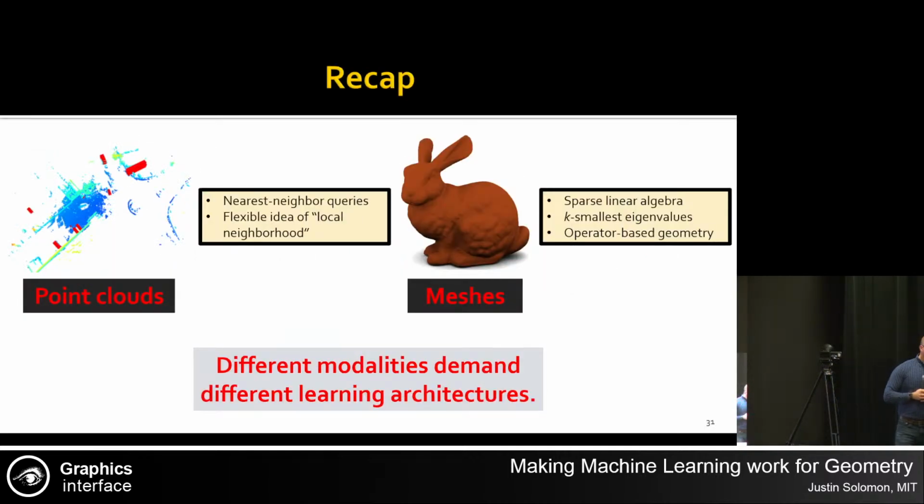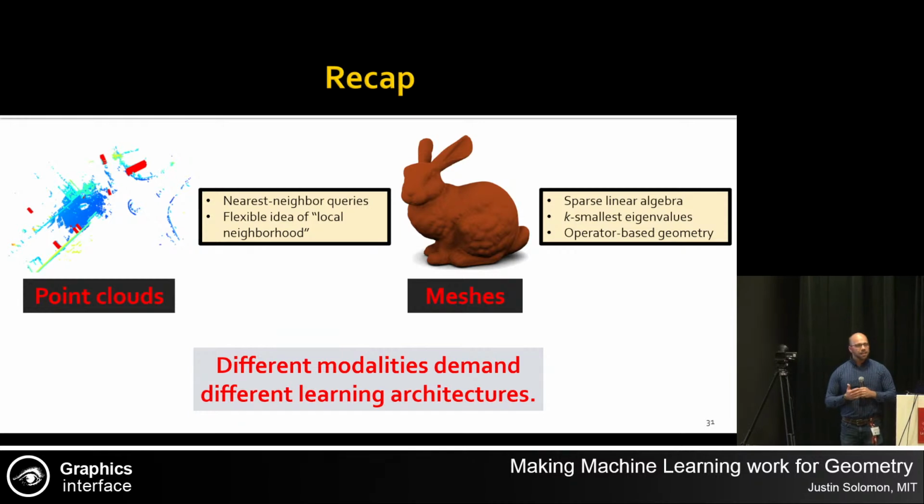So I think we're just about out of time. As a quick recap, I told you two quick threads about what it takes to learn from a shape. We started with point clouds, and then we ended with meshes here. And notice that in both of these settings, what we tried to do was engineer machine learning techniques built from standard geometry processing operations, rather than proposing new geometry processing to fit the existing machine learning tools. And in both cases, we were able to achieve some pretty good results and still have a pipeline that looks sensible to a person that was working in this field 10, 20 years ago.